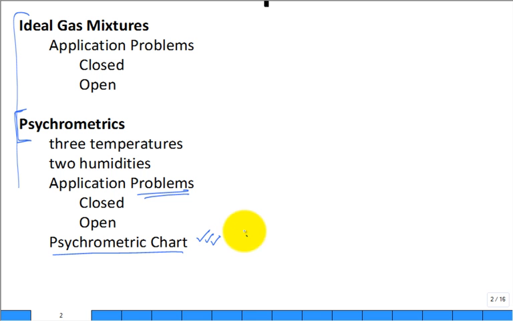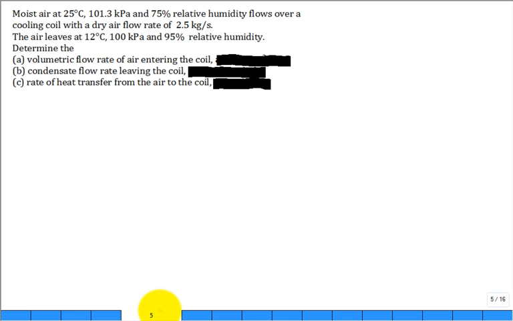A man named Carrier basically came up with the first psychrometric chart probably around 100 years ago. And it's been adapted and improved, and it's really useful for heating, ventilation, air conditioning calculations. We can solve a problem by hand, and then if we have time, solve it again using